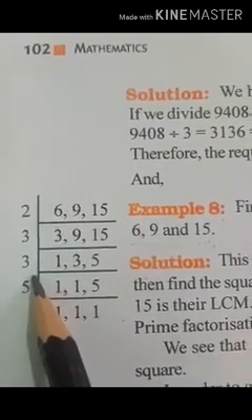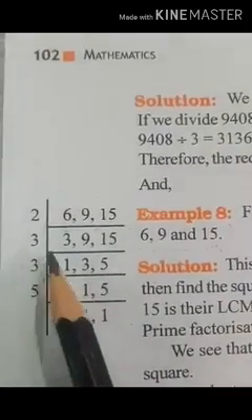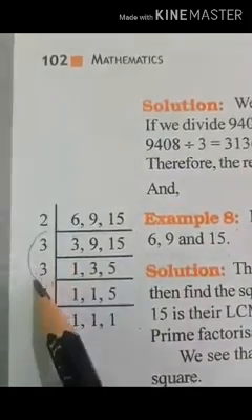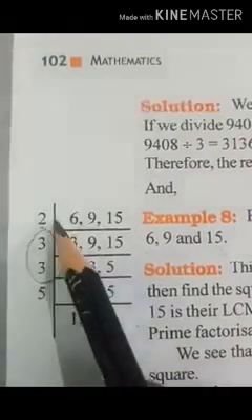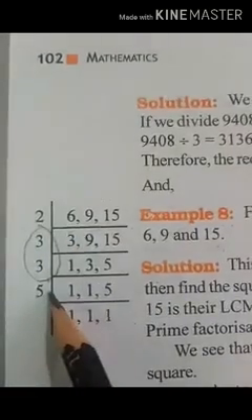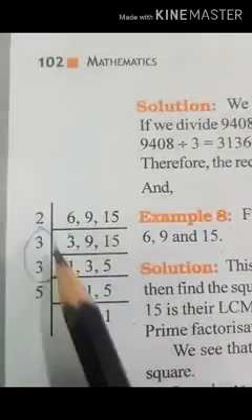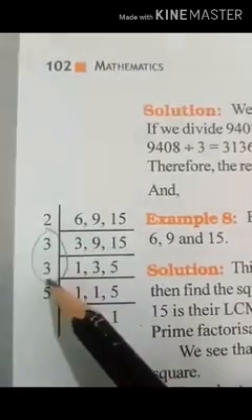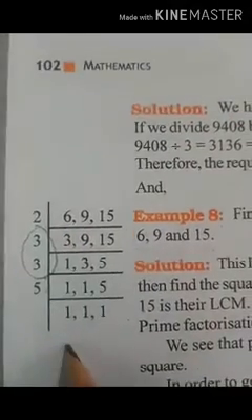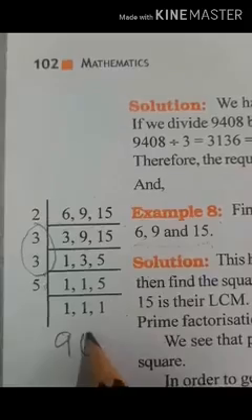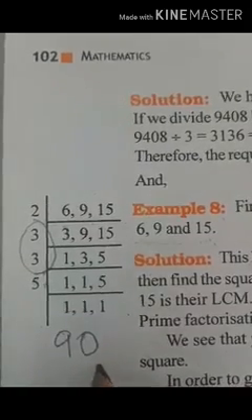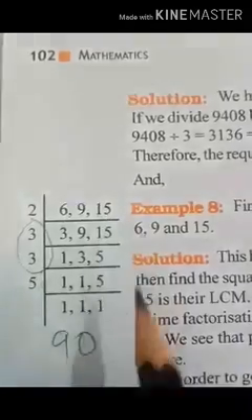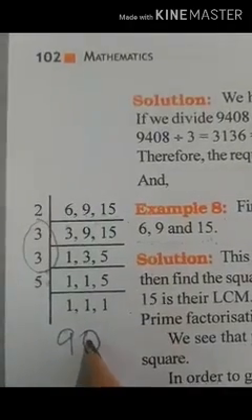Now see again, we need squares, and so factors should be in pair. So here only this number is in pair. One 2 is less, one 5 is less. Okay, 2 is not having a pair, 5 is not having a pair. And when you multiply these four numbers, what are you going to get? You are going to get 90. 90 is not a perfect square. 90 is divisible by all these three, but it is not a perfect square.